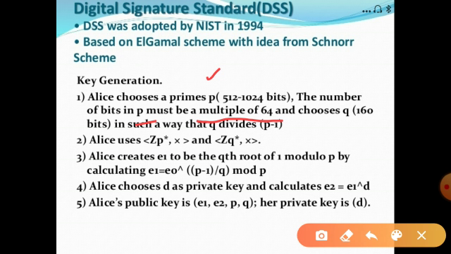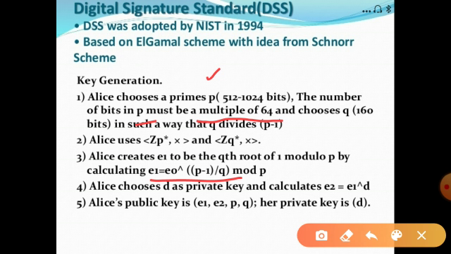Okay, now what we have to do, we have to use this one. Zp and zq combinations. Next, Alice creates e1 using the qth root, so by using this formula she is going to calculate the e1 value, e0 power (p minus 1) by q mod p.